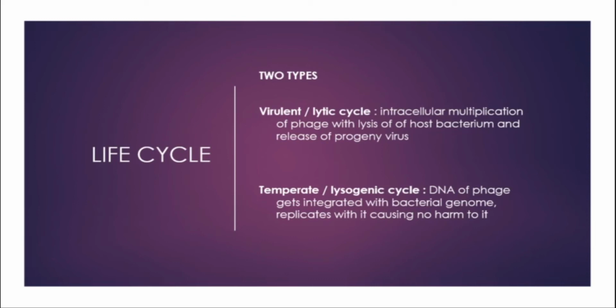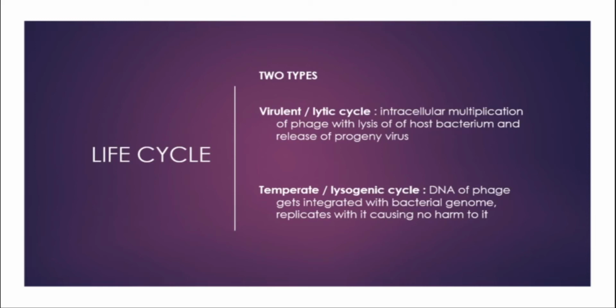In the lytic cycle, the newly formed bacteriophages break open the host bacterium and come in large numbers into the surrounding environment. That will be really dangerous to the E. coli. That's why we have included that as a virulent cycle. The second possibility is a temperate cycle or lysogenic cycle, where the bacteriophage will not come out in large numbers by breaking the host cell.